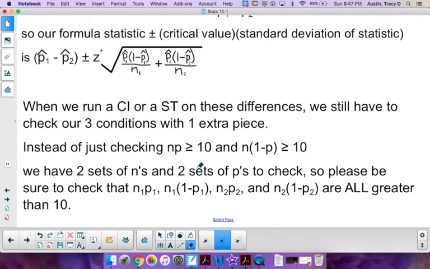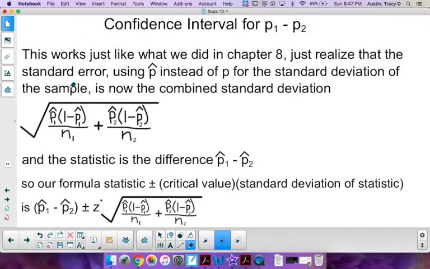And yes, I can just see the little eye rolls again. Yes, if you have 2 groups and you're doing a mean and both groups are less than 30, you're going to have to do 2 histograms. But again, it's not a big deal. It just takes a little bit of time, a little bit of effort. You're going to probably be putting the data in the calculator anyway. Okay, so let's actually go through a confidence interval